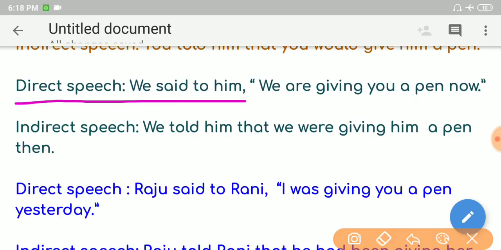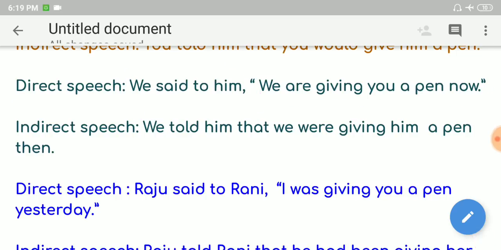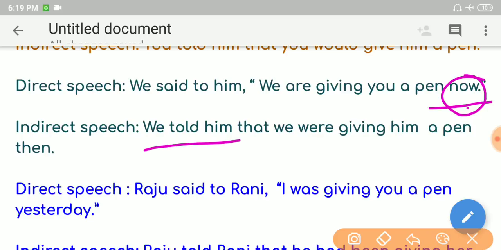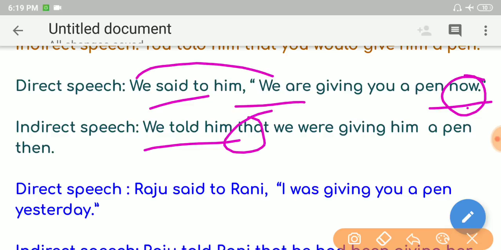We said to him, we are giving you a pen now. See, I already again changed the pronoun in the reporting clause to make you familiar, my dear friends. Also, I have been using an adverb of time of nearness here. It changes into farness in indirect speech. Up to here, said to changes into told just because of an assertive sentence. That is used just because of an assertive sentence. We, again referring to we,